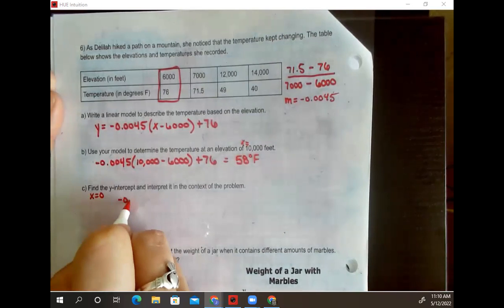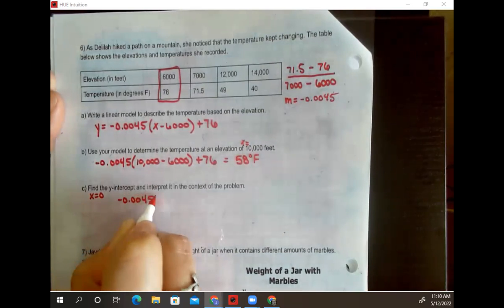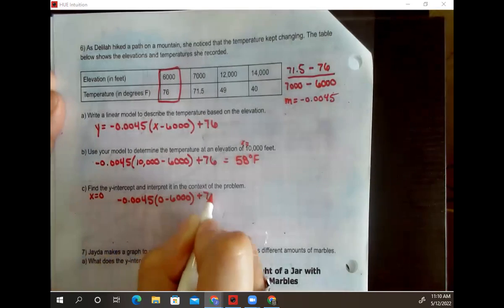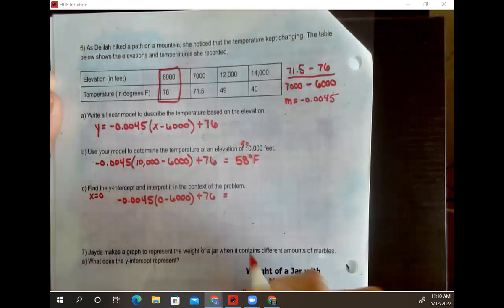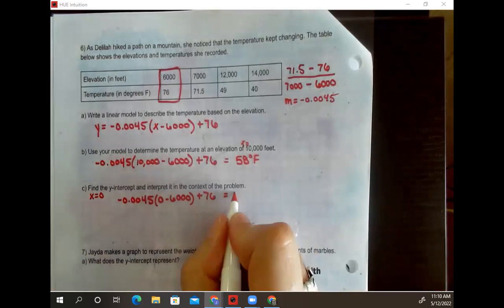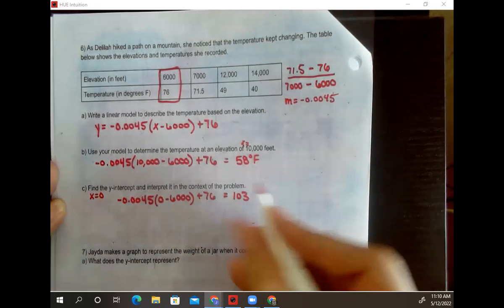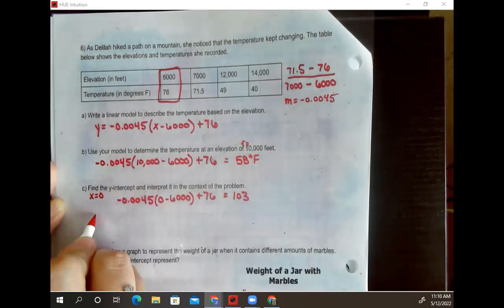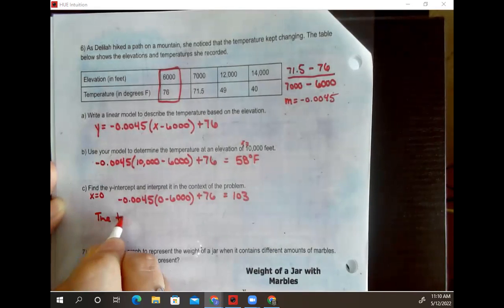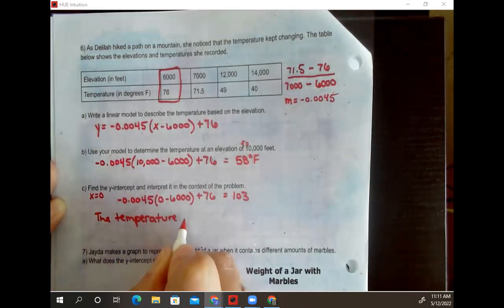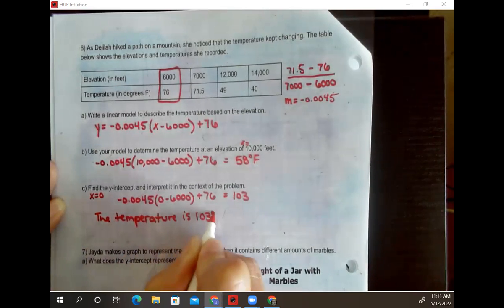So I'm going to plug in 0 for x and use my calculator to simplify. So this would give me, if I take this into my calculator, 103. So in the context of my problem, that means that the temperature is 103 degrees Fahrenheit